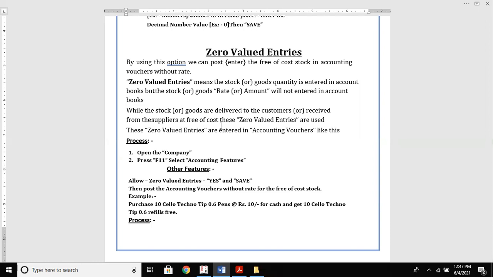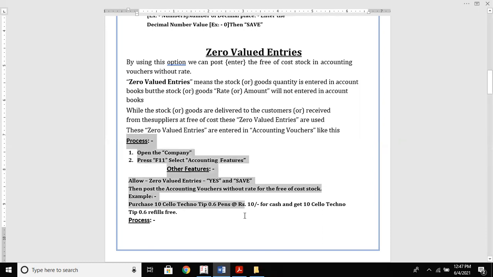So basically when you are delivering these goods or stock to the customers or receiving from the vendors suppliers at free of cost, these zero valued entries are used. Free goods, you can say. So these are entered in accounting vouchers in this manner.